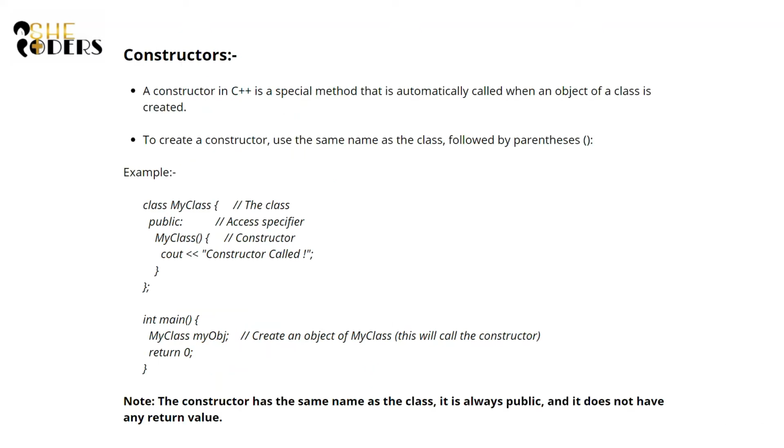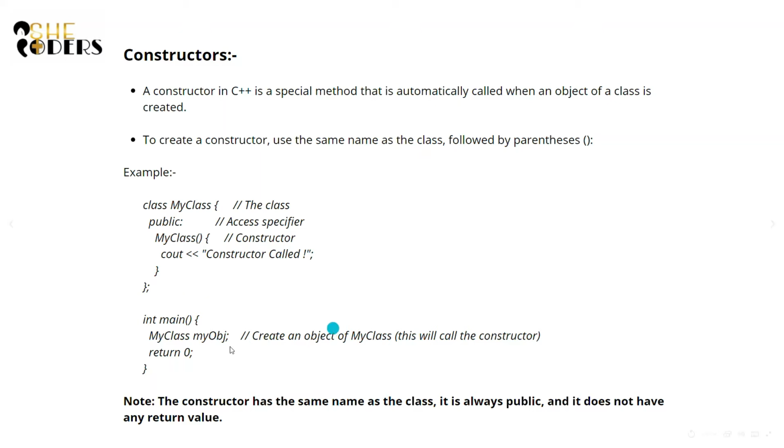Next thing is constructor. The constructor is one of the important concepts, and it is a special method that is automatically called when an object of a class is created. For example, take a human being. When a human baby is born, hands, legs and all, everything are characteristics of a human being. So whenever a kid is born, he has two hands, two legs and other body parts as well.